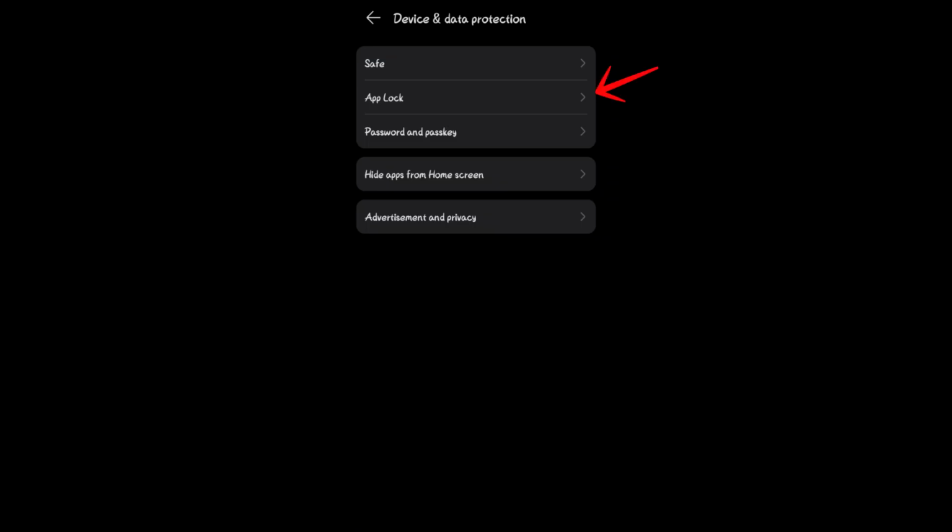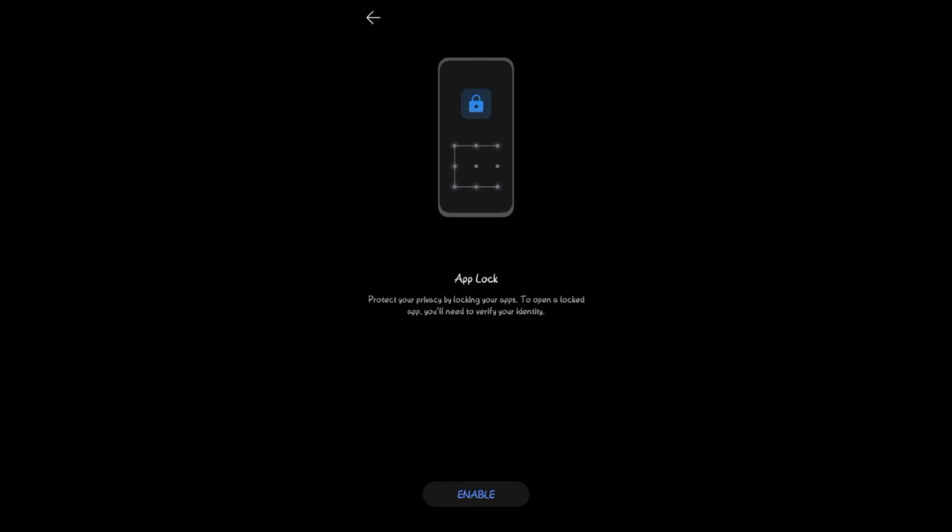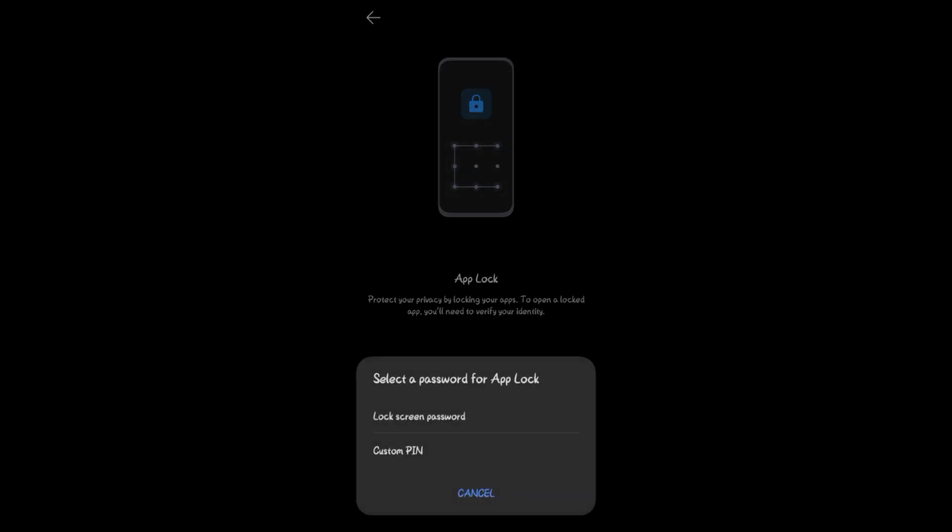And then as you can see, there are some options including apps, specifically app lock. So what you're going to do is click app lock right here, tap this one, and then tap on enable. So protect your privacy by locking your apps, and now you can use your lock screen password